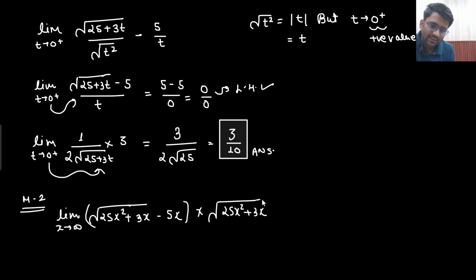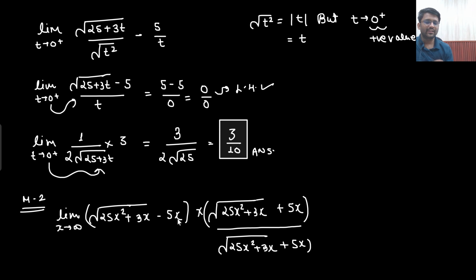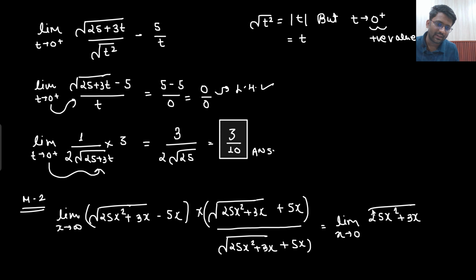Under root 25x square plus 3x plus 5x. So when there is a negative sign in between, put that to positive sign. Divided by under root 25x square plus 3x plus 5x. So whatever I am multiplying, I have to divide with as well. So basically this was the expression, I multiplied with this and divided by this. So a minus b, a plus b. What is the answer you will be getting? A square minus b square. So what is a square? 25x square plus 3x, under root was there and you did the square, so under root will be gone. Minus b square. What will be b square? That is 5x square. That will become 25x square. Divided by